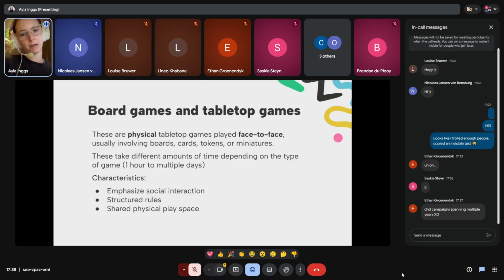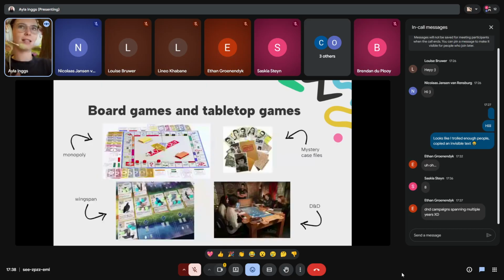And then obviously the shared physical space. So you're either in someone's living room, or you're in a designated area of the house that you play games in, or someone else's. Maybe you're out in public, at Jick's Hobbies or something like that. So it's a shared physical space that you share with the people that you're playing with. That's pretty straightforward. If there are any questions, just pop it in the chat and I'll answer them.